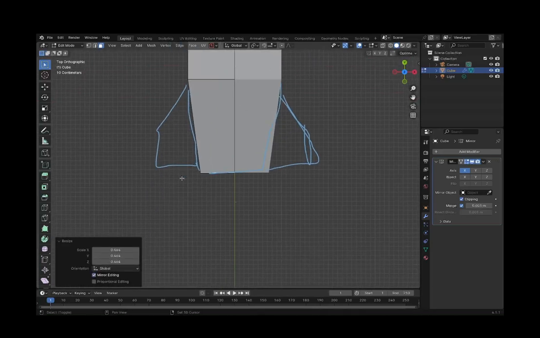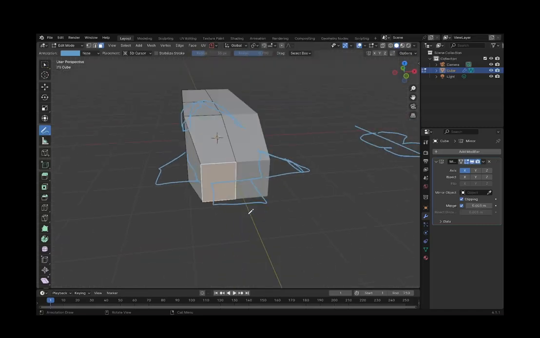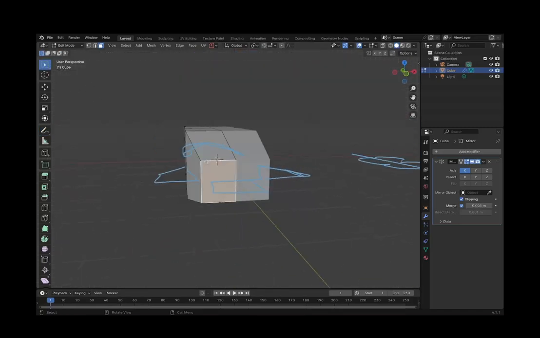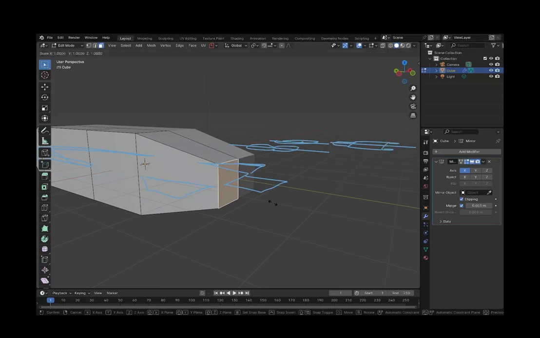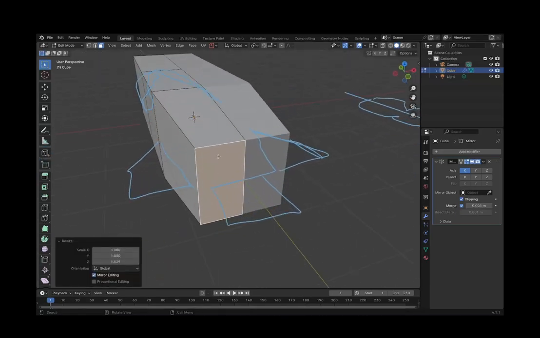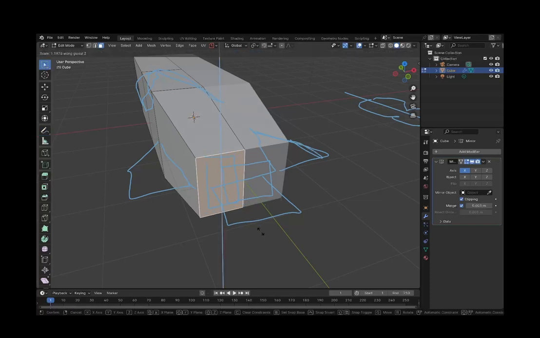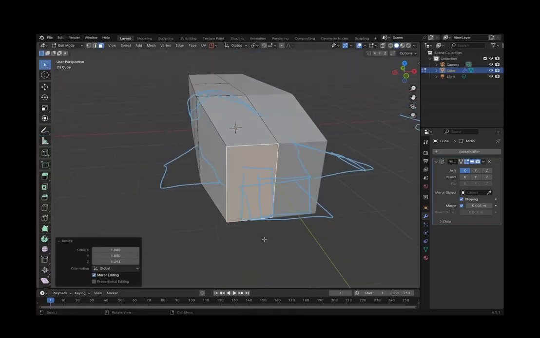Now there's a small problem here. I forgot to draw the thruster. Yeah, but the problem is with the thruster. We have to inset this face to make the thruster, but that isn't exactly possible because we only have to inset this face here. So the inset face will look like this. But we want the inset face to look like this. So how would we deal with that?